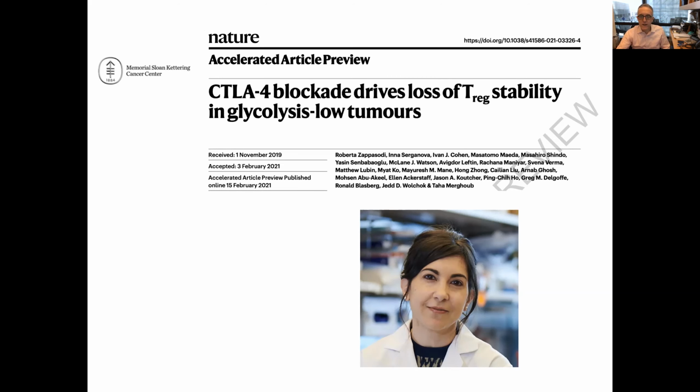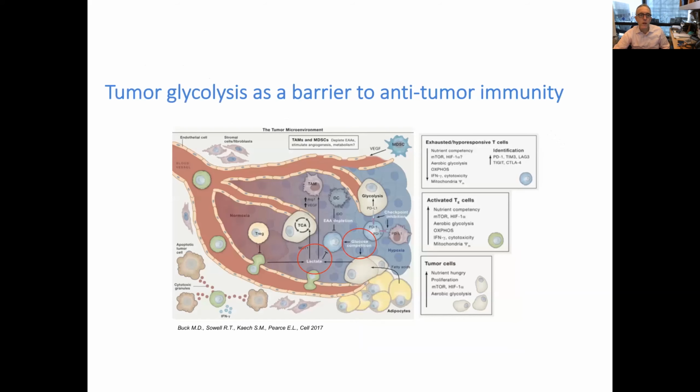of the glycolytic microenvironment. So as many of you are aware, tumor glycolysis has now been identified as a barrier to anti-tumor immunity, and tumor metabolic adaptation is emerging as a major mechanism of immune resistance. A high rate of glucose consumption and lactate production as a result of that by tumor cells in a hypoxic environment of the tumor restrict nutrient availability for effector T cells, which also rely on glycolysis for their proliferation and